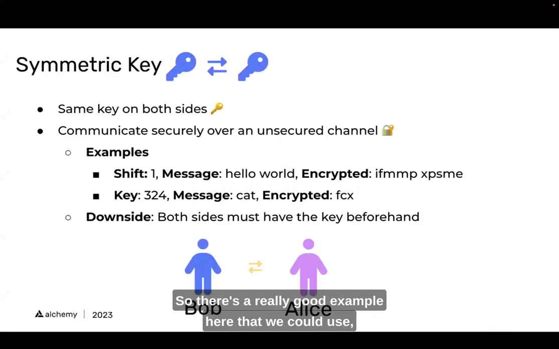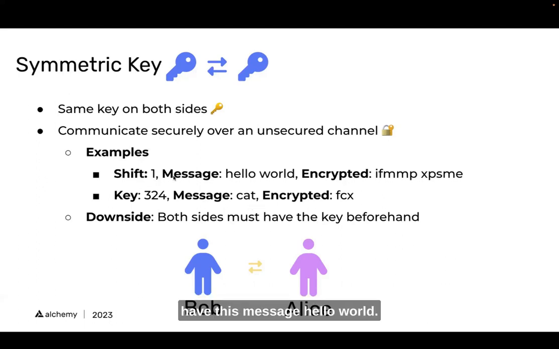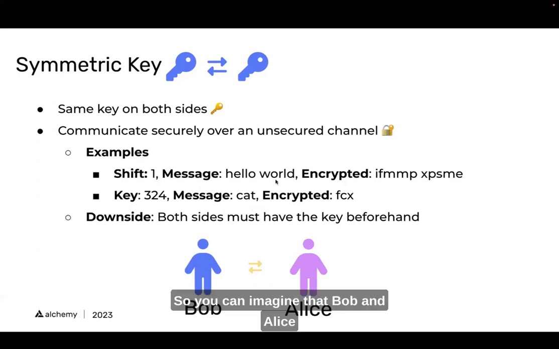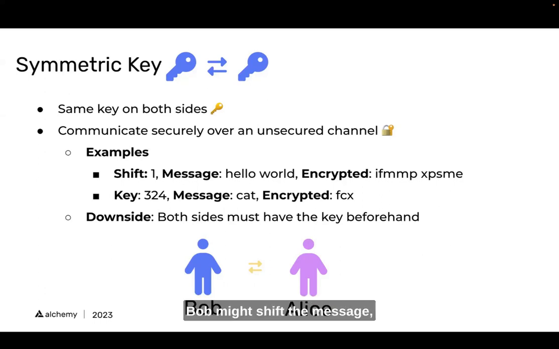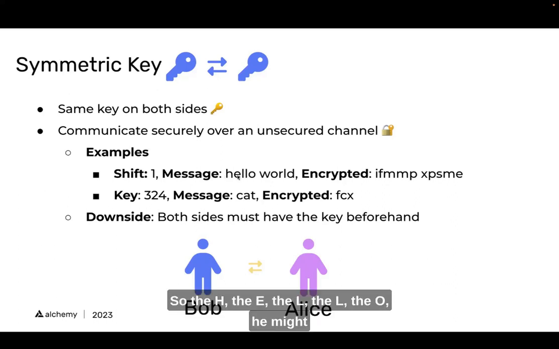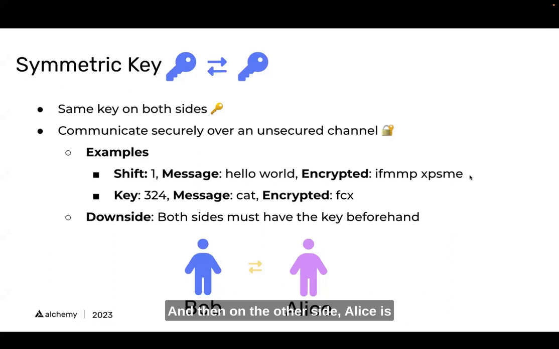So there's a really good example here that we could use, which is if we have a communication across an unsecured channel, we might have the same key on both sides. For these examples here, I have this message, hello world. So you can imagine that Bob and Alice are trying to communicate, and Bob wants to send hello world over to Alice. Bob might shift each character in the message, the H, the E, the L, the L, the O, over by 1, which is going to give him IFMMP XPSME. And then on the other side, Alice is going to shift back by 1,